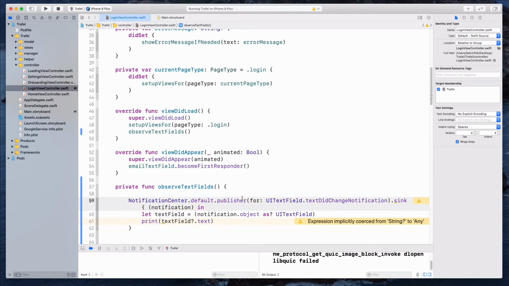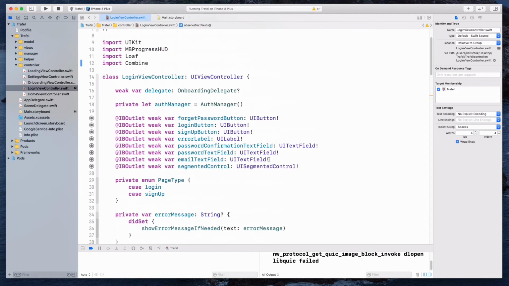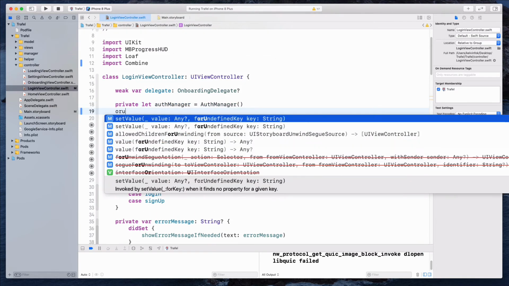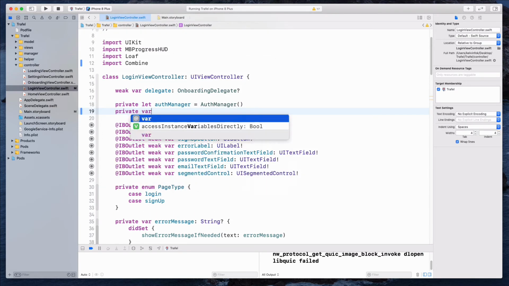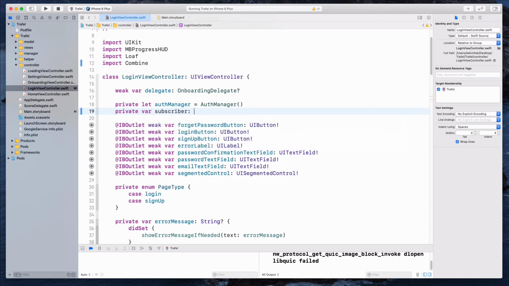Okay, so we have to create a subscriber at the top. So let's come all the way to the top over here, and let's create a private var subscriber. This is an AnyCancellable. All right, so this is the way that we have to structure the code. This is just based on the Combine framework